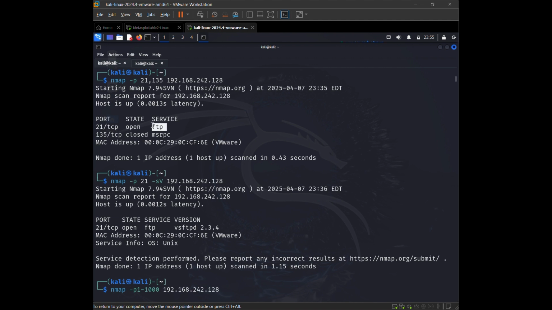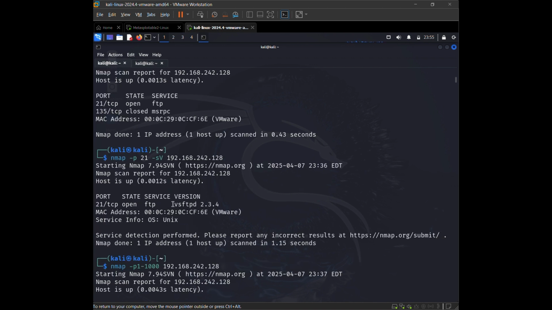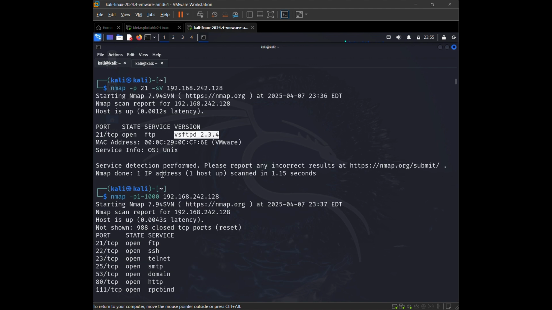If I want to find out more about the service version, for example, it has just told me here that the FTP service is running, but what version it is using, I do not know. So if I want to find out about the version, I could use the switch -sV, and it told me that VSFTPD 2.3.4 is running. I could just search this particular version up on Google and find out whether this version is the latest or not. And if it's not the latest, then what sort of vulnerabilities were there in the previous version.